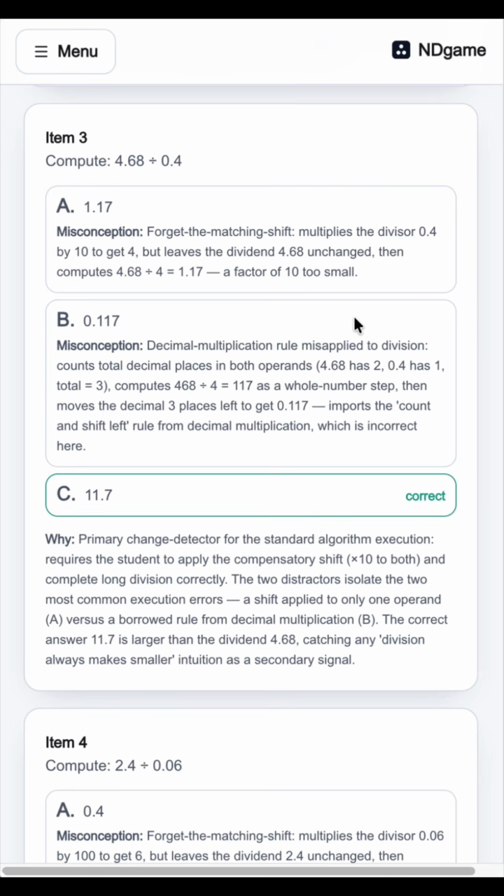The next thing we want to do is give students a series of problems that are not testing their ability to do the division, but their ability to get the place value right. In this case, we can give a set of alternative answers that have the same nominal value, but differ in their place value. So all of these have the sequence of digits 117, but they have different locations relative to